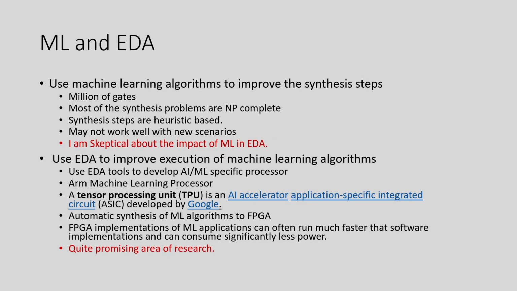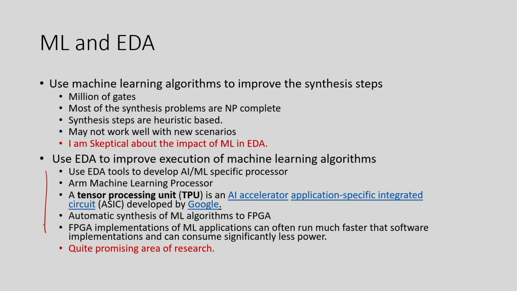In the context of machine learning and electronic design automation, there are two ways to use it. The first use is in the EDA algorithms. I told you that I have a C code, and then you convert it into RTL using a high level synthesis tool. I have RTL code, I want to convert it into a gate level design using a logic synthesis tool. Can a machine learning tool help? Machine learning algorithms help there, right. So, that is one way of looking at the application of ML in EDA.